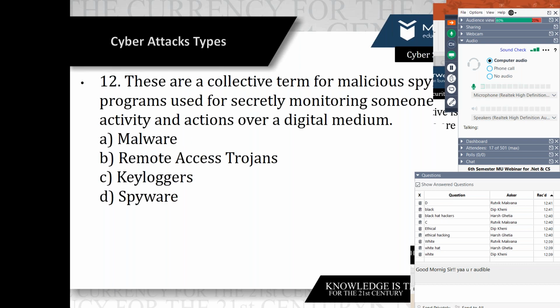These are the collective term for malicious spying programs which are used for secretly monitoring someone's activity as well as actions over a digital medium. B, remote access. Okay, Harsh and Halley said D, spyware.